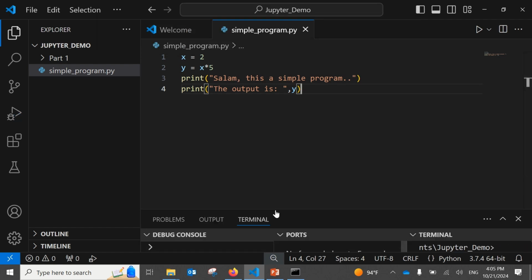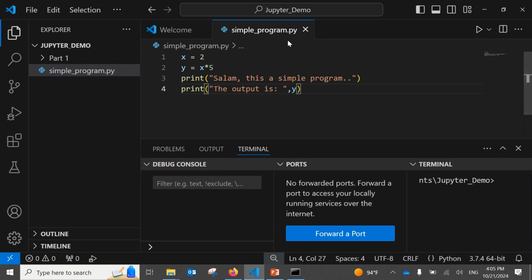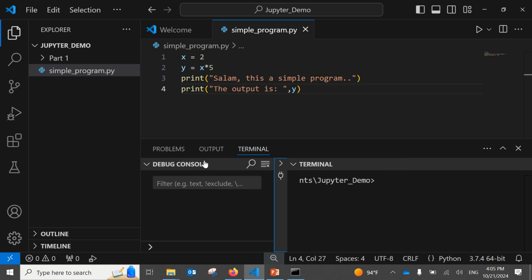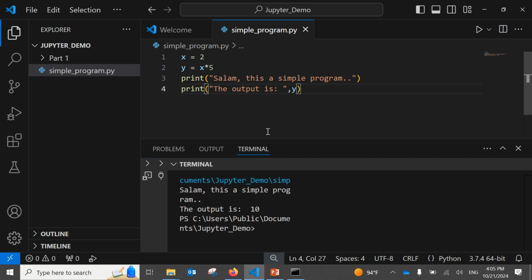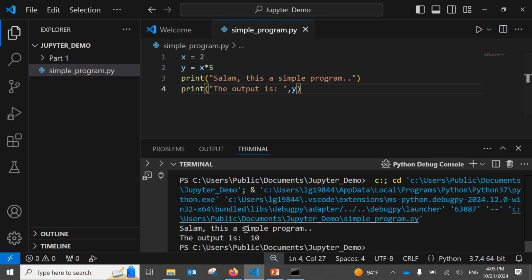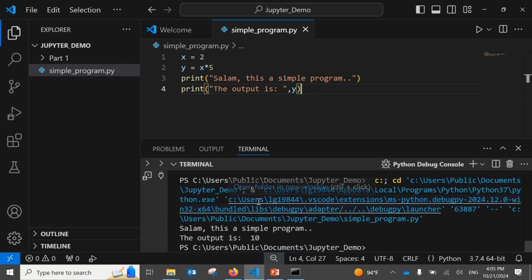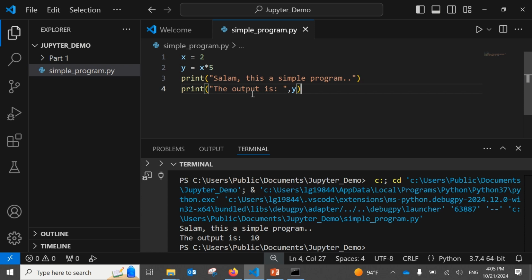If you're using VS Code, you run the code. It's a .py Python file. We have the terminal where it shows the outputs. Let me try it again. So this is my output. Every time I run something with a new output, the terminal restarts and shows a different output. But with Jupyter Notebook, if I copy the same code,